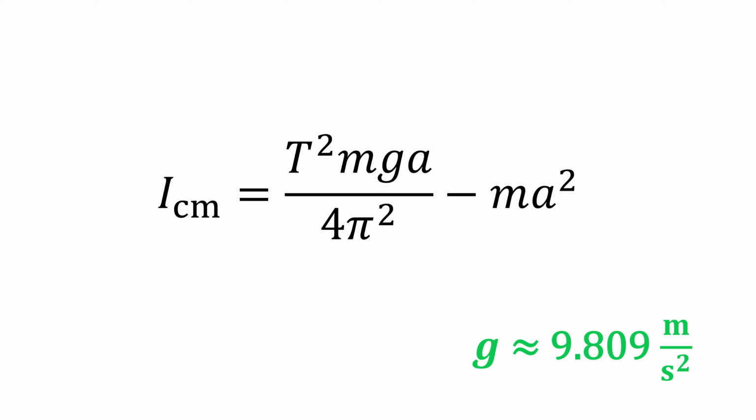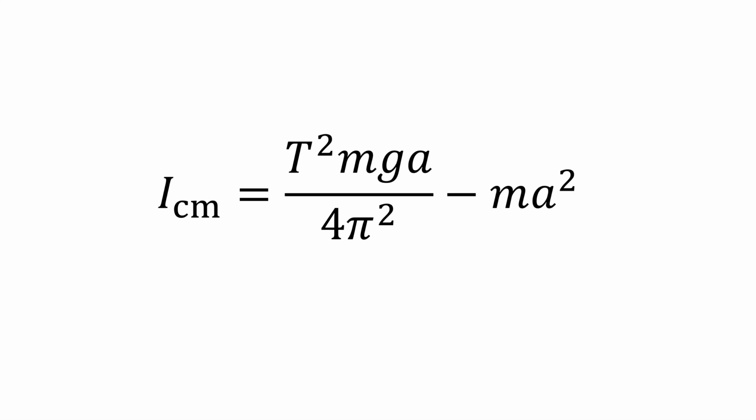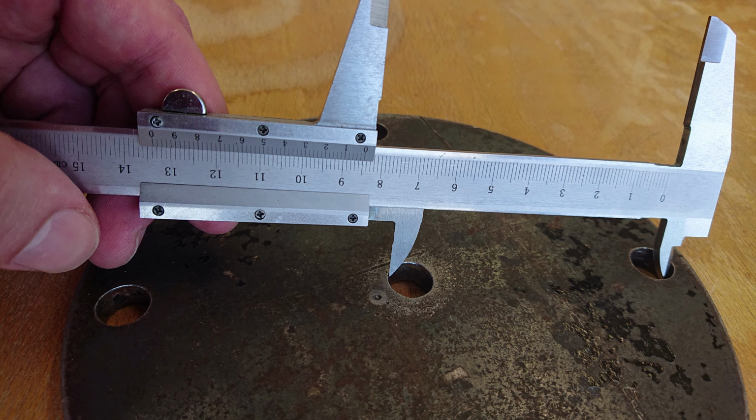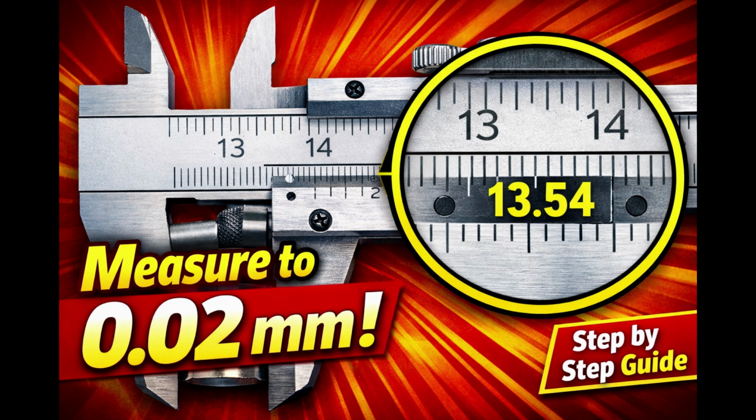The mass appears in the equation to the first power, so it can be measured using a less precise scale. The distance, a, of the axis of rotation from the center of mass of the pendulum appears in the equation squared, so it must be measured more precisely. For example, with a vernier caliper that has 50 divisions on the secondary scale, giving it an accuracy of 0.02 millimeters. If you don't know how to measure with a vernier caliper, you can watch my video titled How to Read a Vernier Caliper, 0.02 millimeters